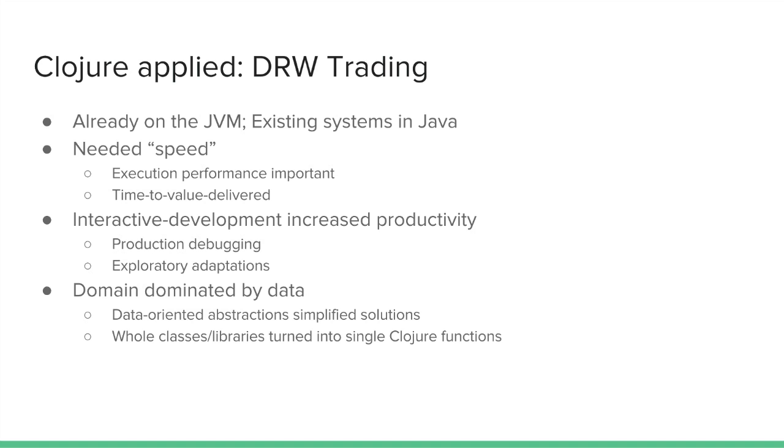a really great fit. DRW trading was already on the JVM. They already had all these libraries and existing systems in Java, and they really needed speed. They really needed fast execution performance. But more importantly, they also needed to be able to see a result of the market, code something up, and get time to value to be as quickly as possible. And Clojure was there for them through and through. So their domains were obviously very much dominated by data, and the data-oriented abstractions really helped simplify the solutions as